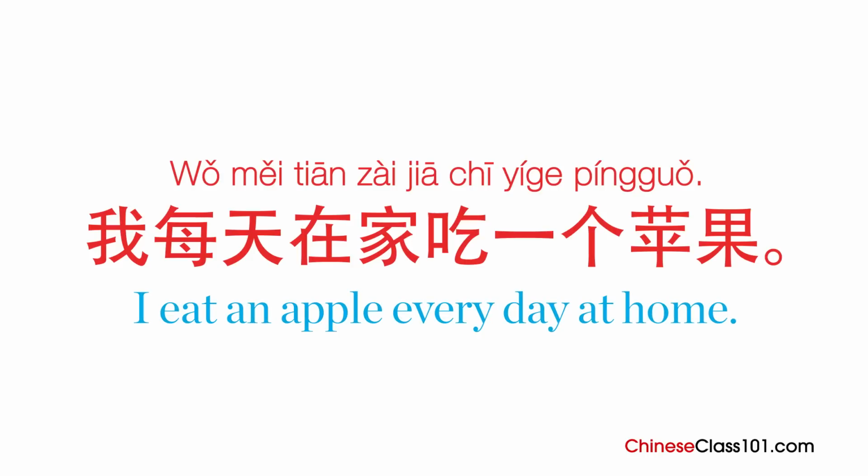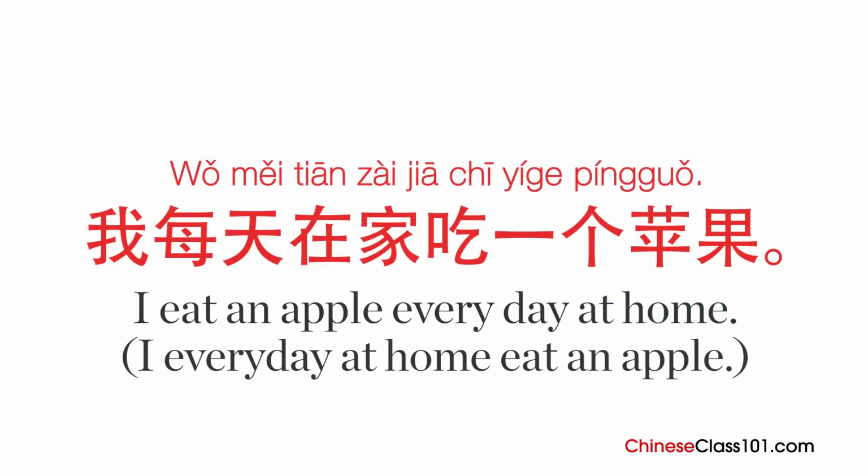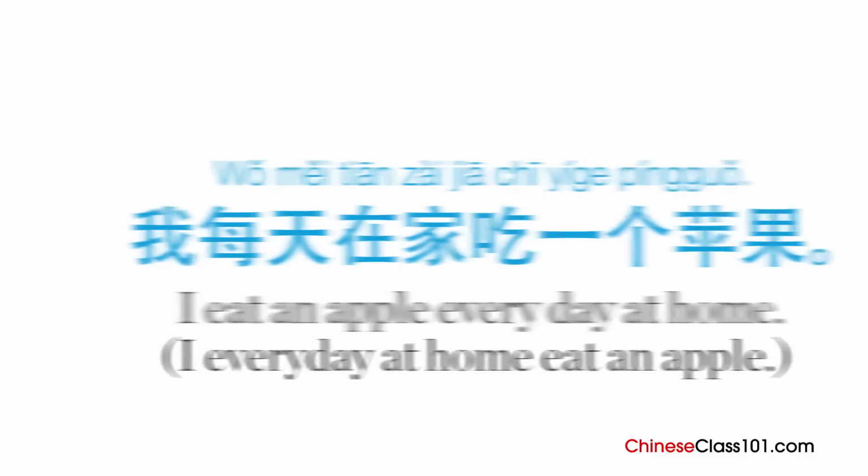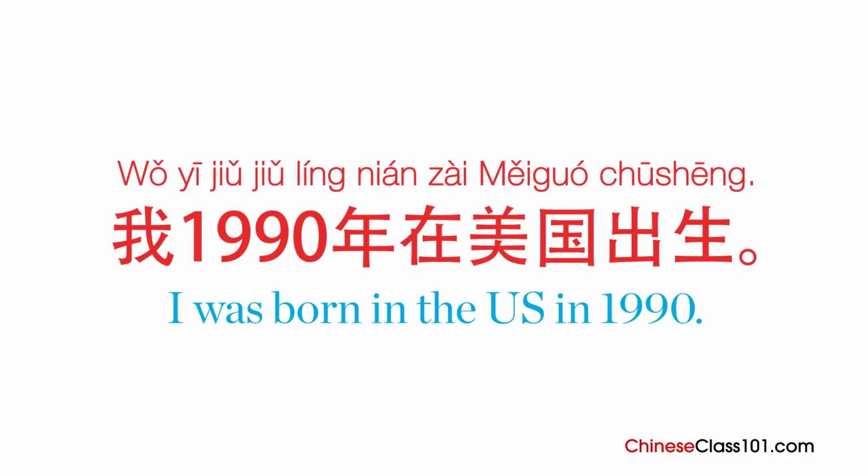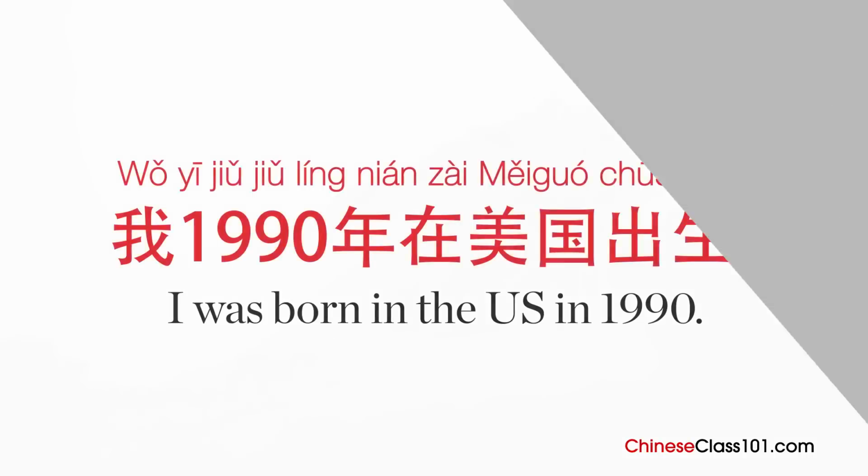To add places, put them after the time phrases. For example, I eat an apple every day at home. In Chinese, that's 我每天在家吃一个苹果。在家 means at home. So it's I every day at home eat an apple. Let's try another one. I was born in the US in 1990. Remember, subject, time, place, and then verb. 我1990年在美国出生。